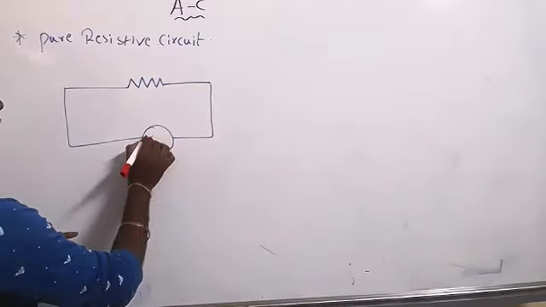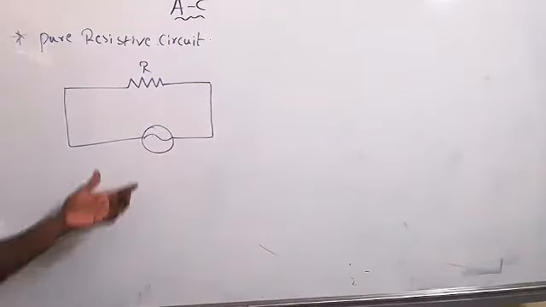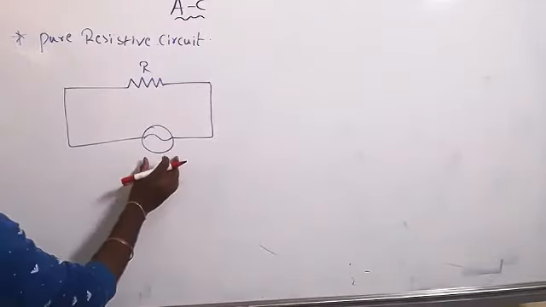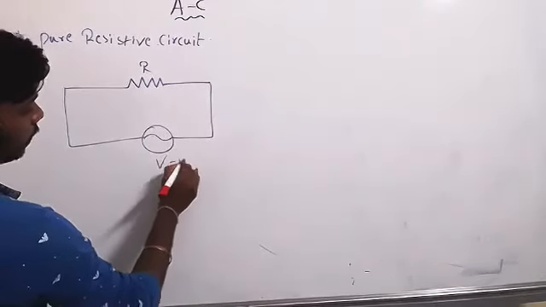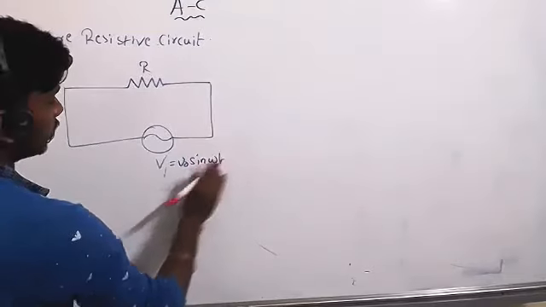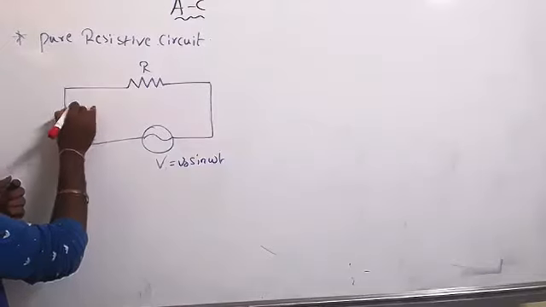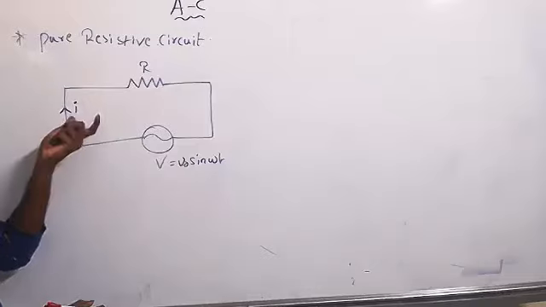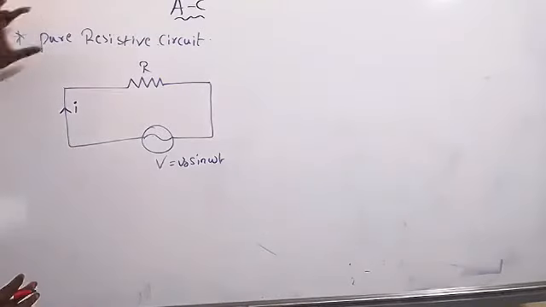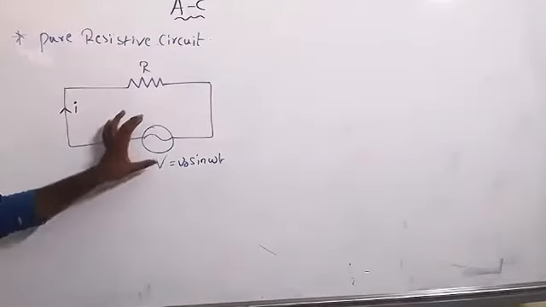It is my resistor R. So I applied a voltage. Which source is it? An alternating current source. So how much voltage? V equal to V naught sine omega t is my input. Once I give the input, current I will pass through it. What is the relation between V and I? What is the value of current here? We have to calculate that. The pure resistive circuit is just one resistor connected to one AC source.